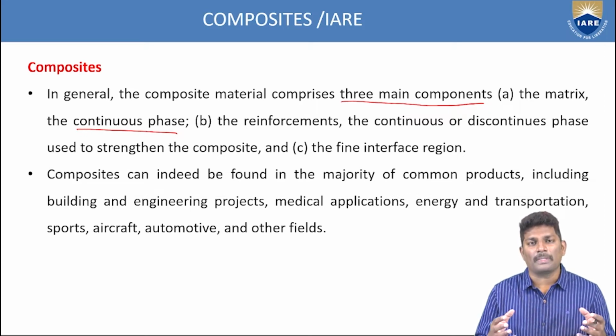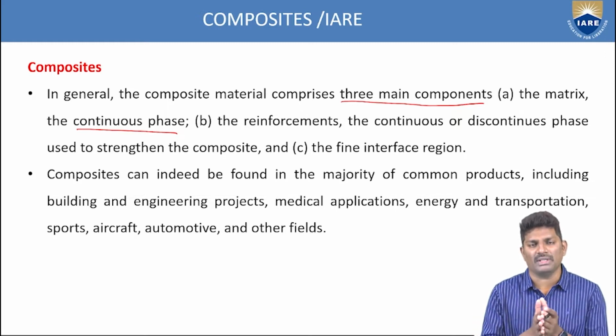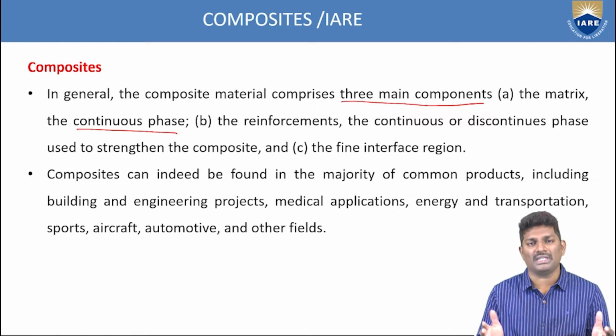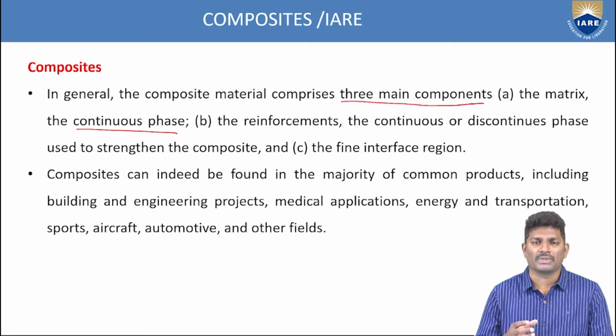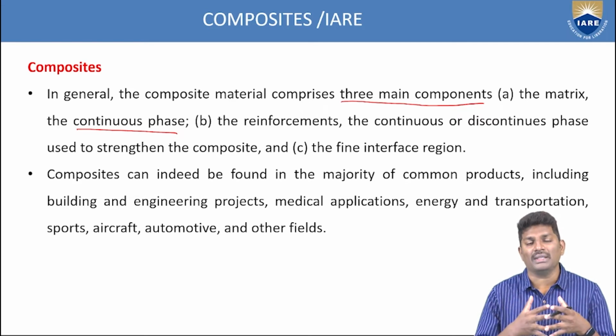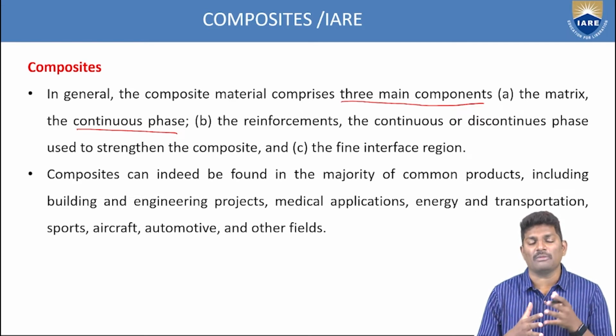So how are we combining the material? That is called the reinforcement. How we are combining the material, either by adhesives or by the impact of forces, you are combining two different materials. It is not that easy to combine two different materials having different properties, so you have to use different techniques. That is called the reinforcement. That means you're trying to combine two different materials into a single material.